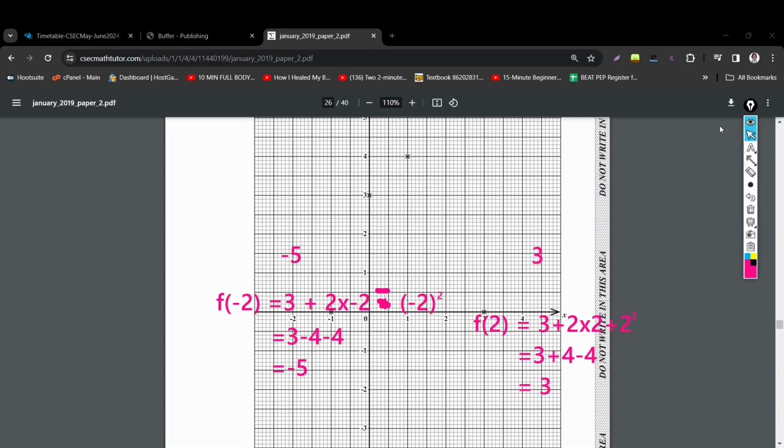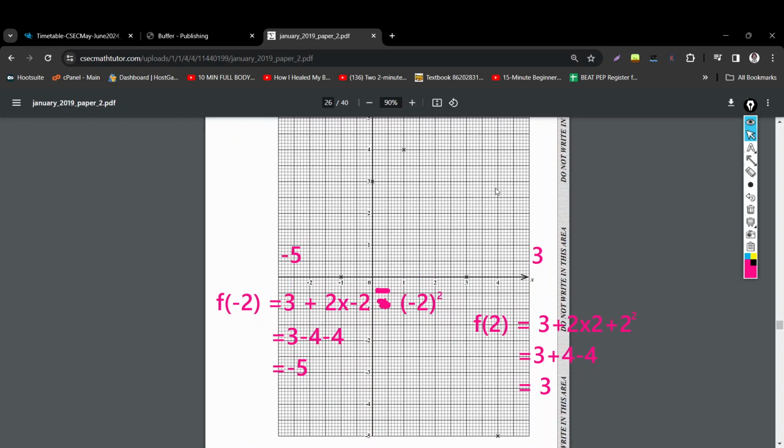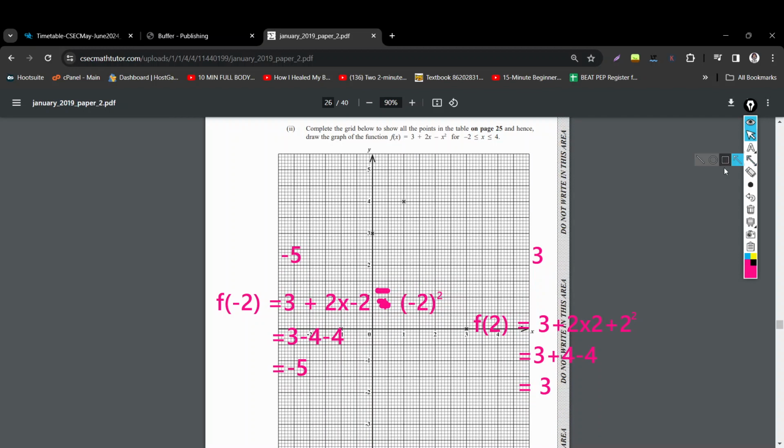All of the points. So we kind of need to add to this graph now for the points that we got. So let's look at negative 2. Negative 2 should be on minus 5. So that's actually, let me make it still pink. Yeah, let me put an X. That's actually,